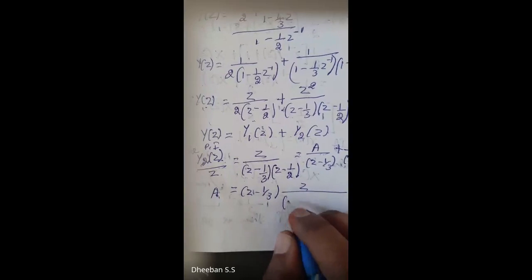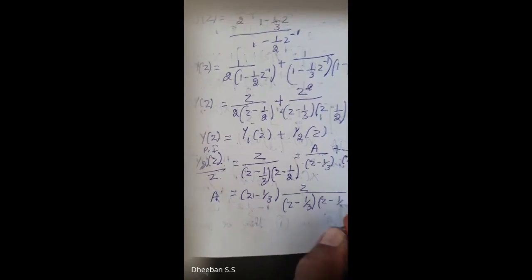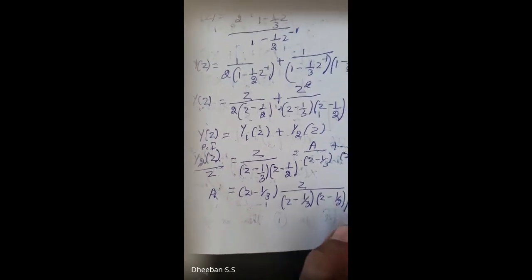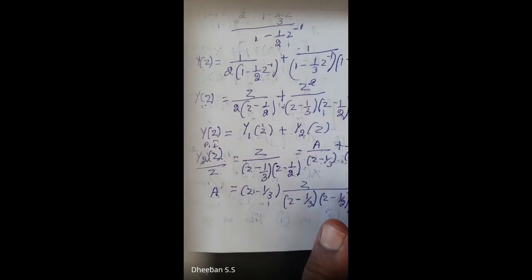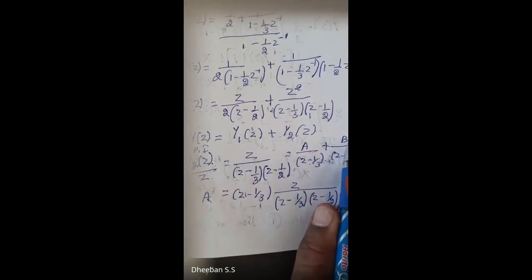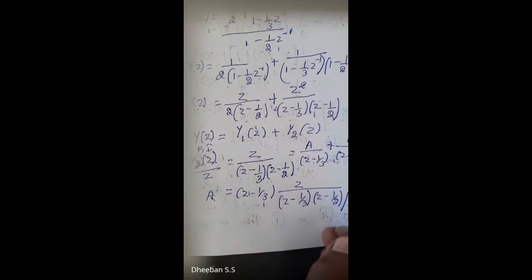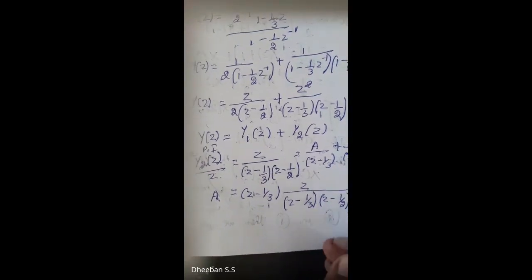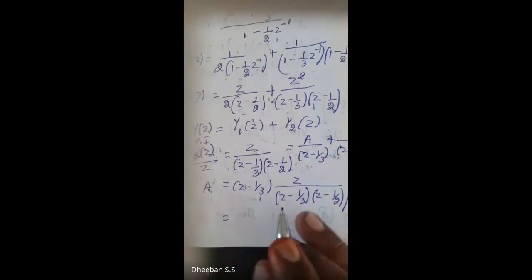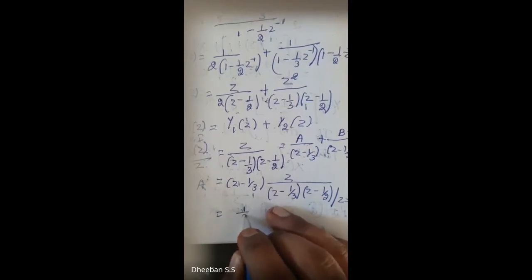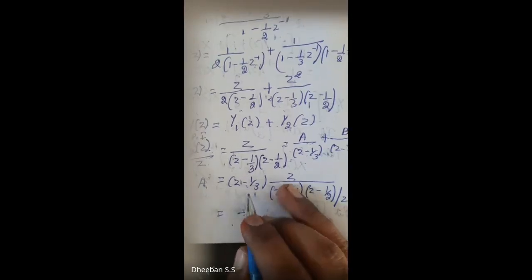So (z minus 1/3) into Y(z) over z equals A over... you need A, so you have to eliminate the other term, that is B. So what will you put? Taking the LCM, this value has to become 0, so you put z equal to 1/3 here. If you put z equal to 1/3, what will happen? You'll get the value as 1/3 divided by,